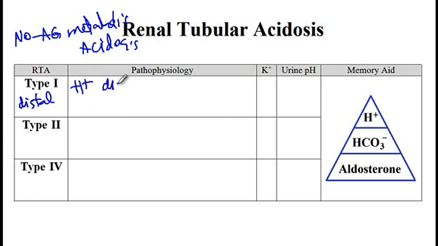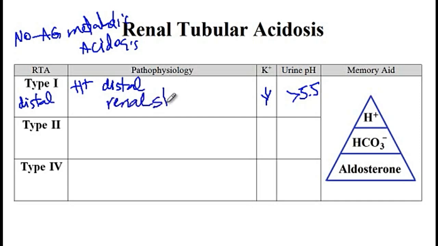as a consequence of which the urine pH will keep on increasing more than 5.5. And then due to the increased excretion of the potassium as well as calcium, these patients present with hypokalemia, and then due to the elevated level of the calcium in the urine, these patients will also develop